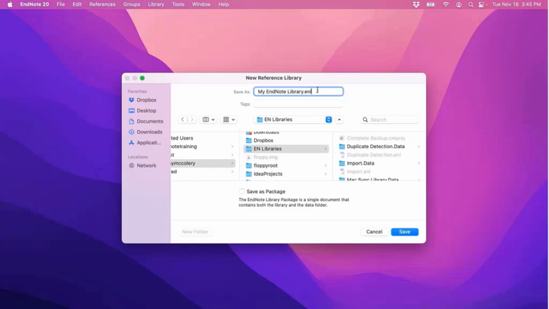That's perfectly acceptable, but I would usually recommend customizing that some way, even if it's just to append your initials at the end. Now, usually I would recommend assigning a completely unique name, perhaps something related to a project or, again, focus area in your field of study. We do recommend, if possible, storing all of your literature in a single EndNote library and using what we call groups and group sets to add an extra level of organization to your EndNote library.